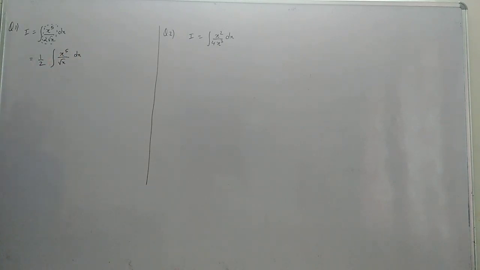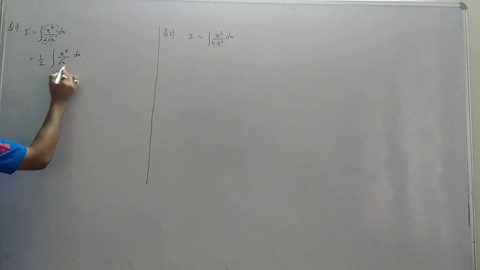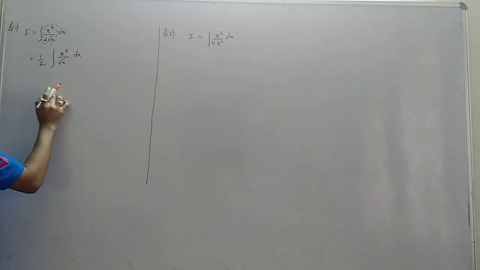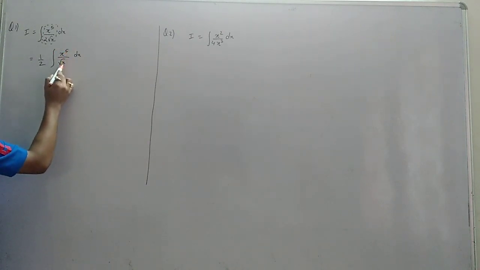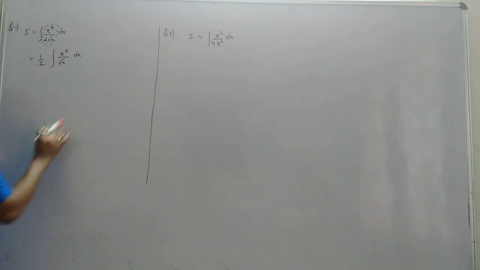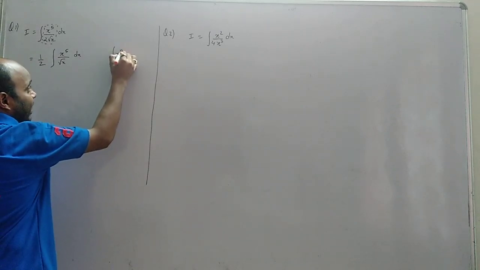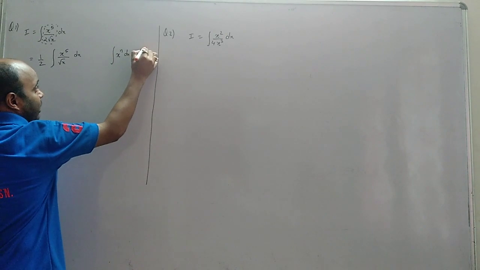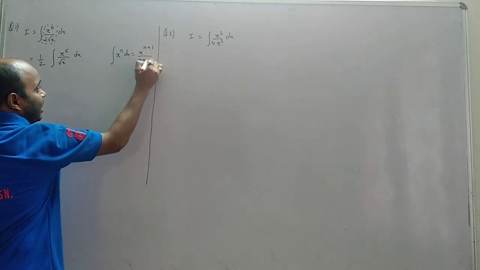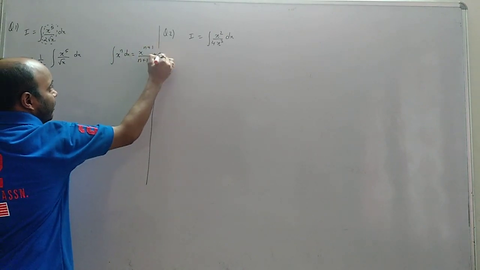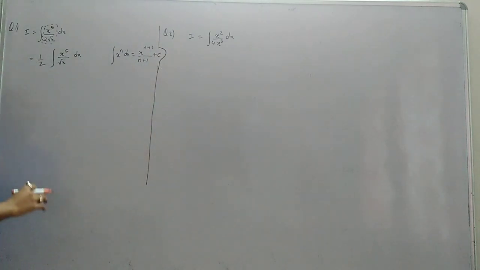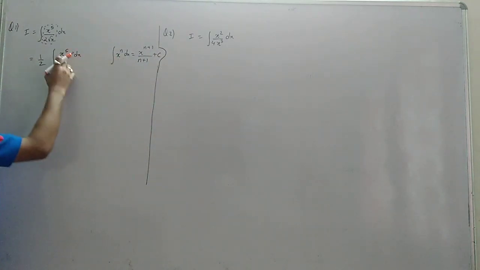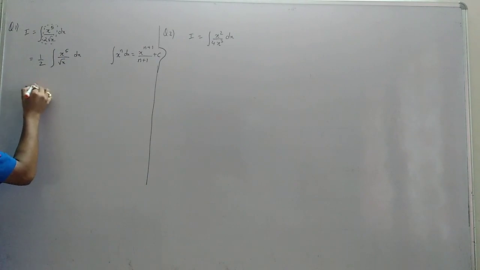Okay. Now whatever you left inside, is it a formula? No. Integration of something with x on top and x at the bottom, I don't have such a formula. We have a formula for integration of x to the power n dx, which is x to the power n plus 1 by n plus 1 plus c. We have this formula, right? So we should have only a single x, but we have double x. We try to simplify it.